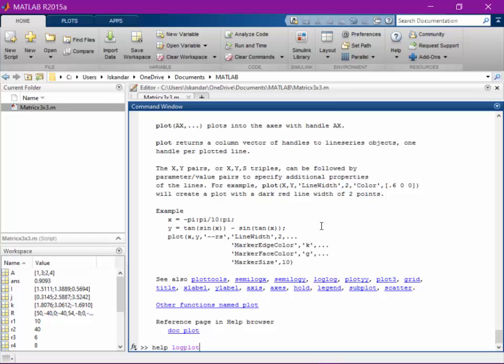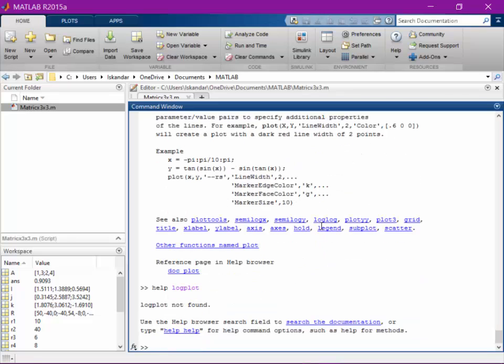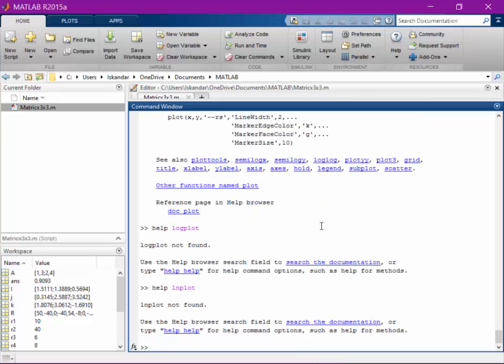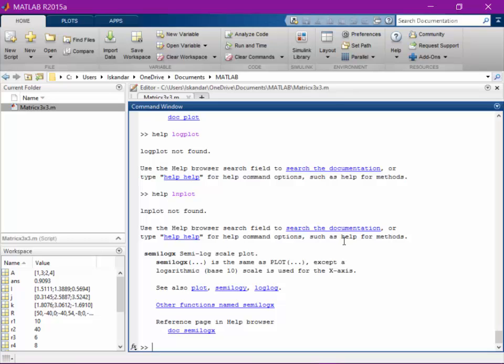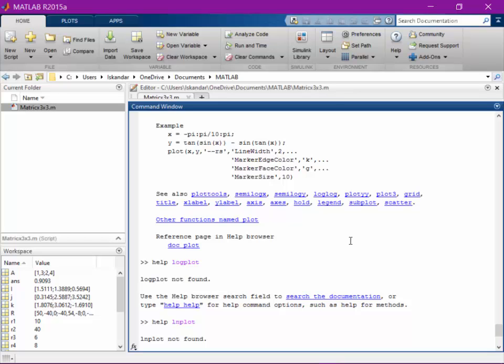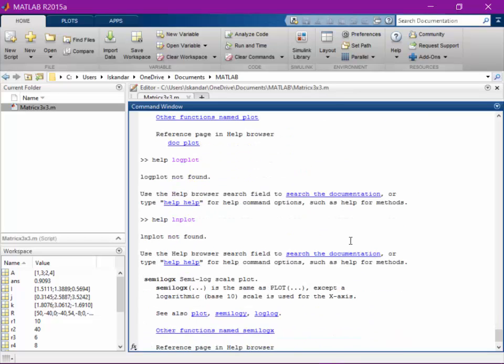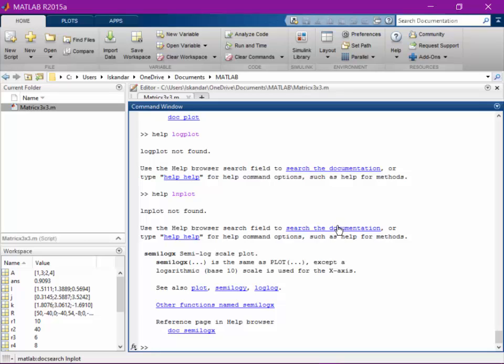log plot, right there, and log plot's up there, and that's that one there. Yeah, semi-log X. Okay, these are the ones, log right here, and this just tells you if you want to do a log plot. It's semi-log. So again, it gives you that, and usually they have search documentation fields right there,